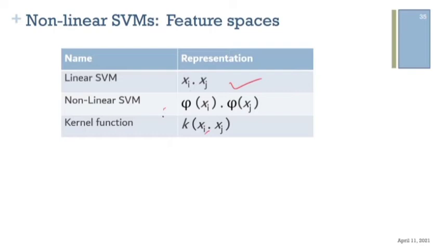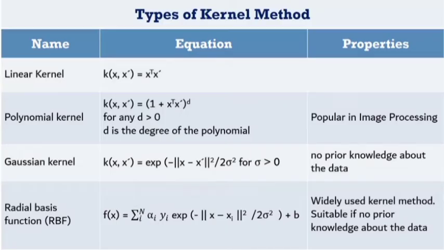So there are a lot of non-linear SVM. We have the linear SVM, we have non-linear SVM, and we have the kernel function. There are so many kernel functions. The linear one, the polynomial, the Gaussian, the radial basis function. They say this is popularly used in image processing. This one, if you don't have prior knowledge about the data, you don't know how the data looks like, then this is a good option for you to use. This one is a widely used kernel method, suitable if no prior knowledge also. However,